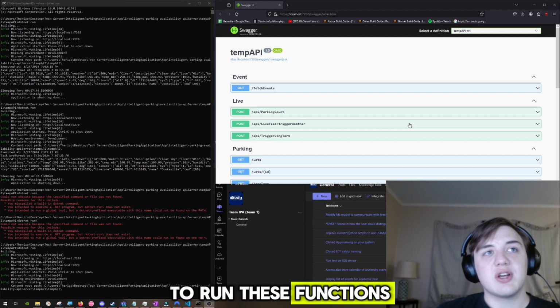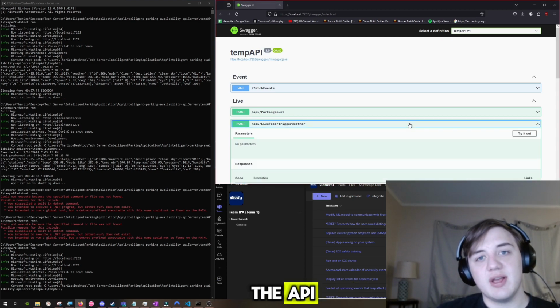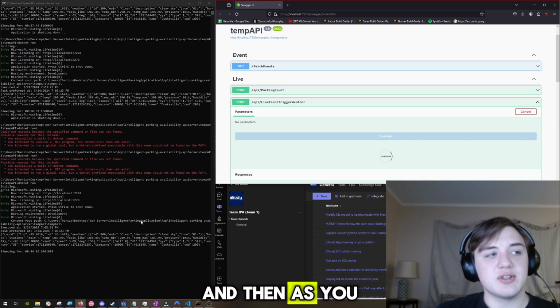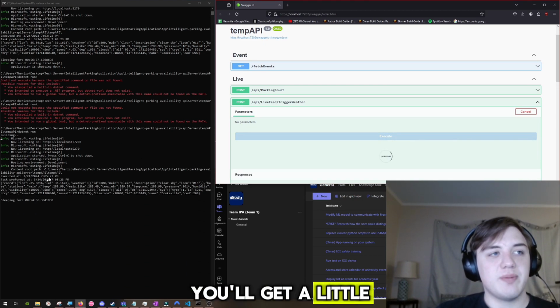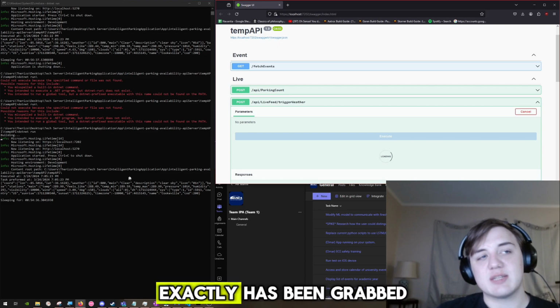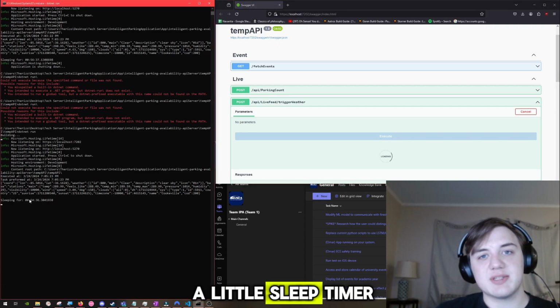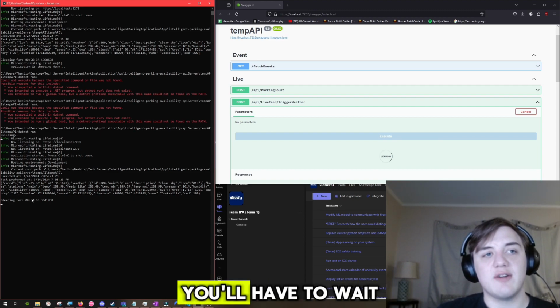To run these functions, all I have to do is go onto the API, click try it out, click execute, and then as you can see to the side, you'll get a little pop-up from the console that tells you what exactly has been grabbed from online. Below that, there'll be a little sleep timer telling you for how long you'll have to wait until the function